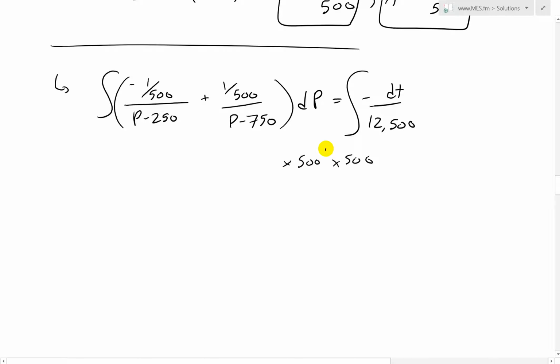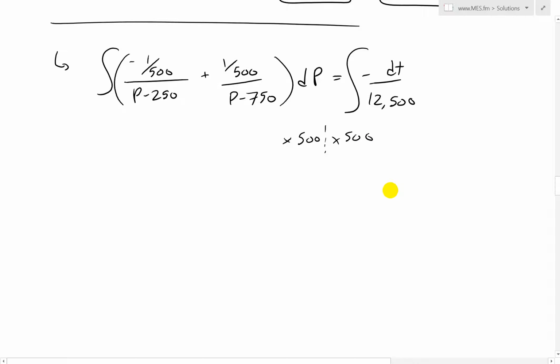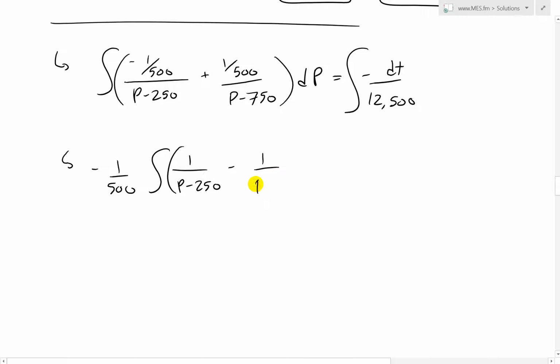So when we do that, let's put a separation. When we multiply by 500 on both sides, what we get is by negative 500 actually. Yeah, so that's a bit confusing. I'll just factor out negative 1 over 500. When we factor this out, just to make it a bit more clear, so negative 500, this becomes positive 1 over p minus 250. Put a bracket, and this becomes, well, this is gone, but that's a negative now, 1 over p minus 750,